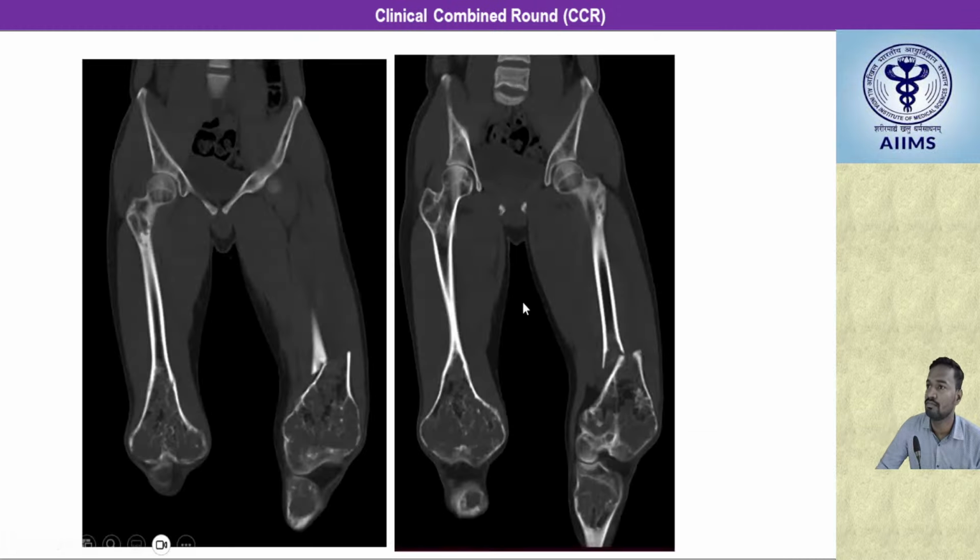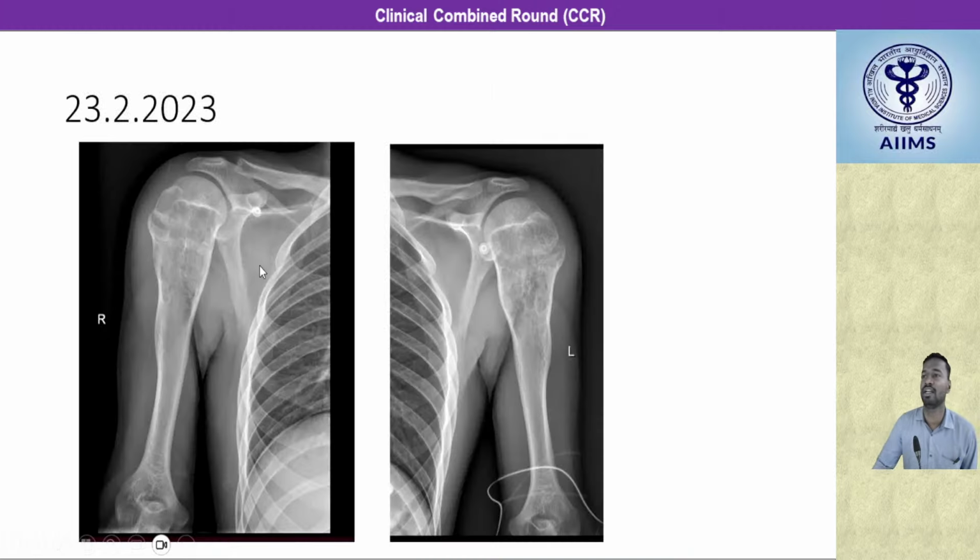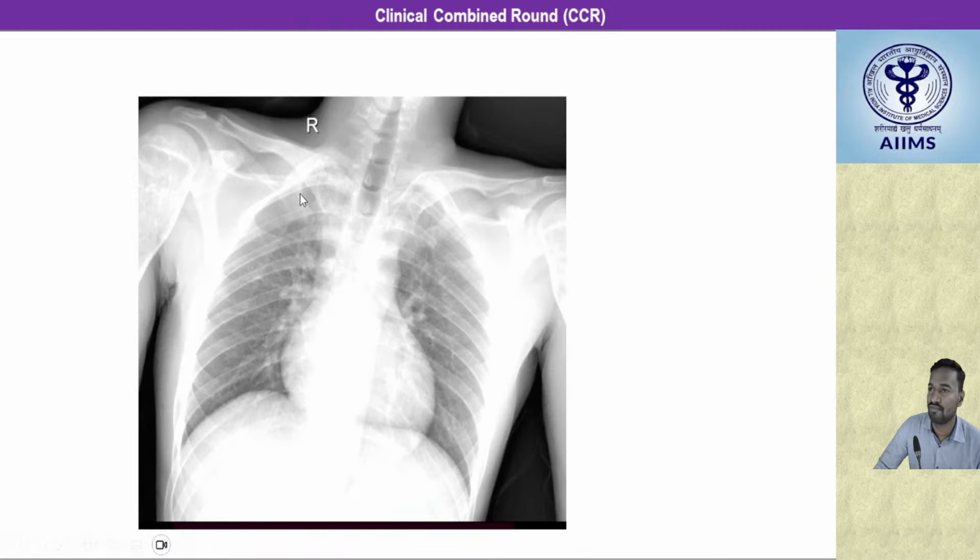And these are the coronal reformatted images showing the similar finding, and the findings are also noted in the bilateral greater trochanter. The bilateral shoulder joints also show the same lesion: a geographical lytic intramedullary lesion causing expansion and a few areas of endosteal scalloping, symmetrical in this patient. Although the chondroid matrix mineralization is not clearly appreciated in this patient, the frontal chest radiograph